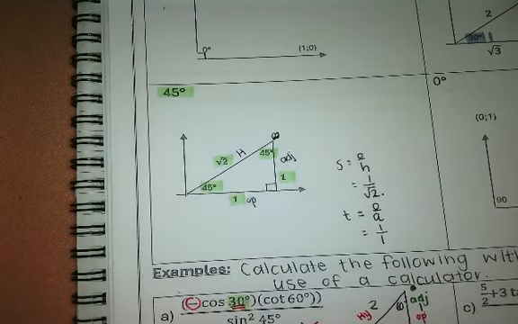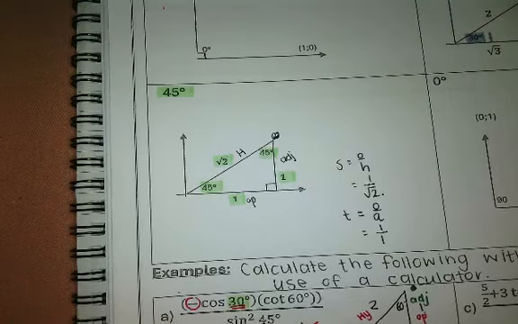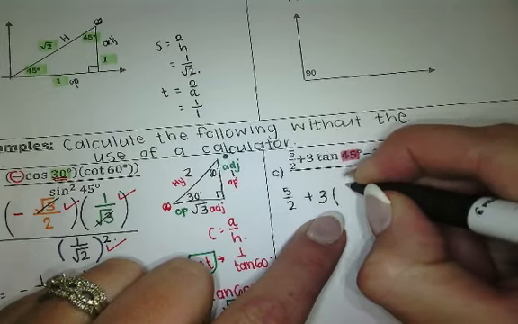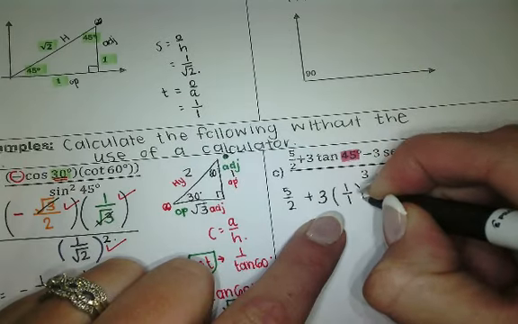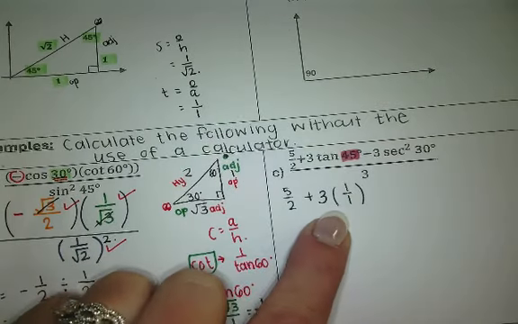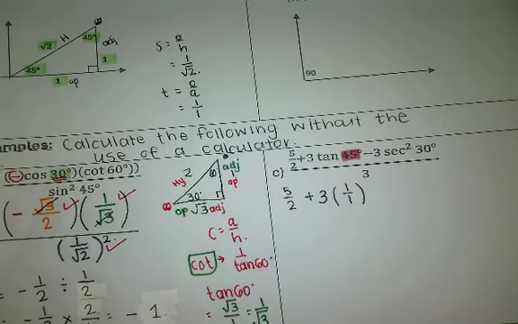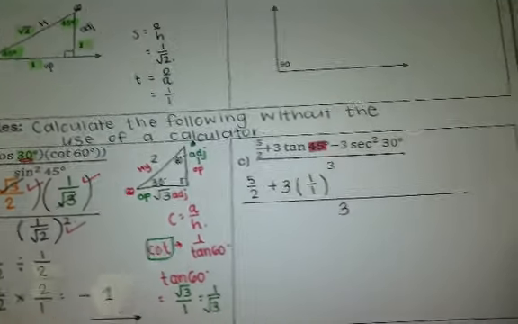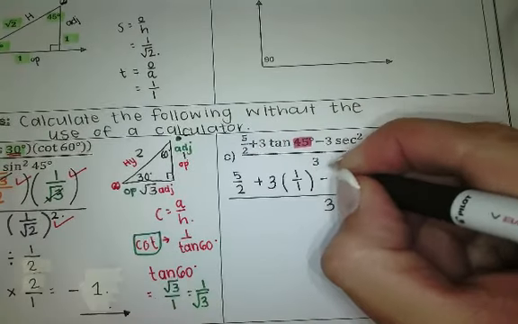What is my adjacent side? 1. So that's what I'm going to substitute in. You're not going to make it 1, just substitute it in as 1 over 1. So it's going to be plus 3. Here in my bracket I substitute 1 over 1, minus